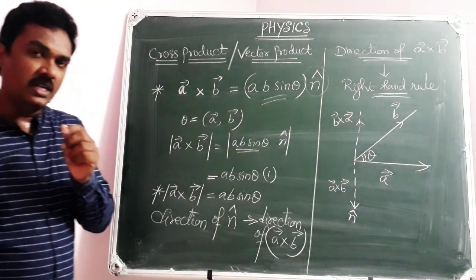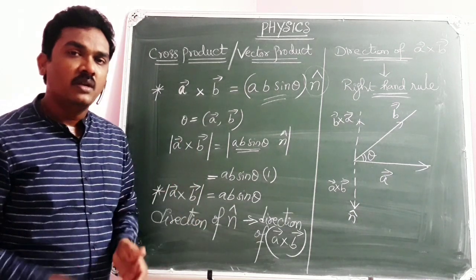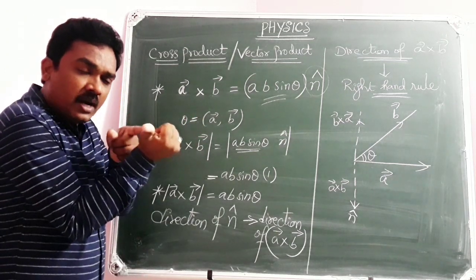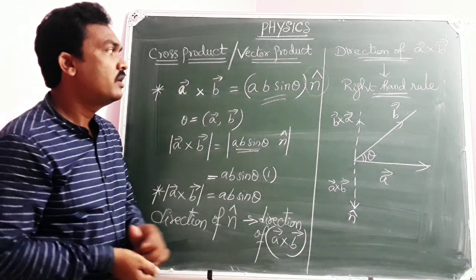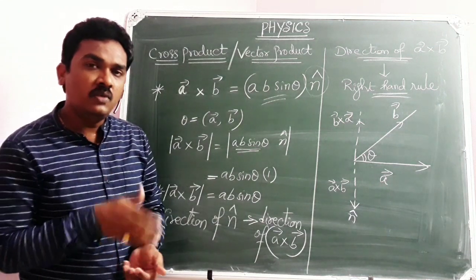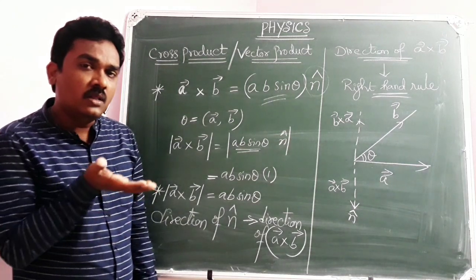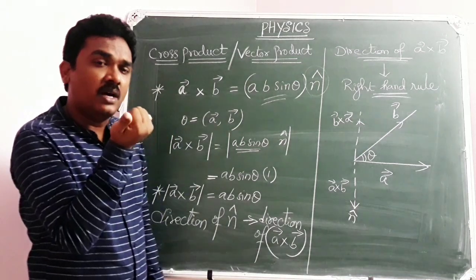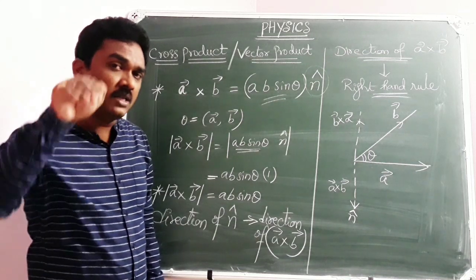So what you need to understand here is, if you wish to know the direction of A bar cross B bar, curl your fingers from A bar to B bar. Then the A bar cross B bar direction will be given by the right hand rule. So I am concluding. Right hand rule states that show the fingers of your right hand in the direction of A bar and curl the fingers towards B bar. Then the thumb shows the direction of A bar cross B bar. Sir, no sir, I wish to know the direction of B bar cross A bar.